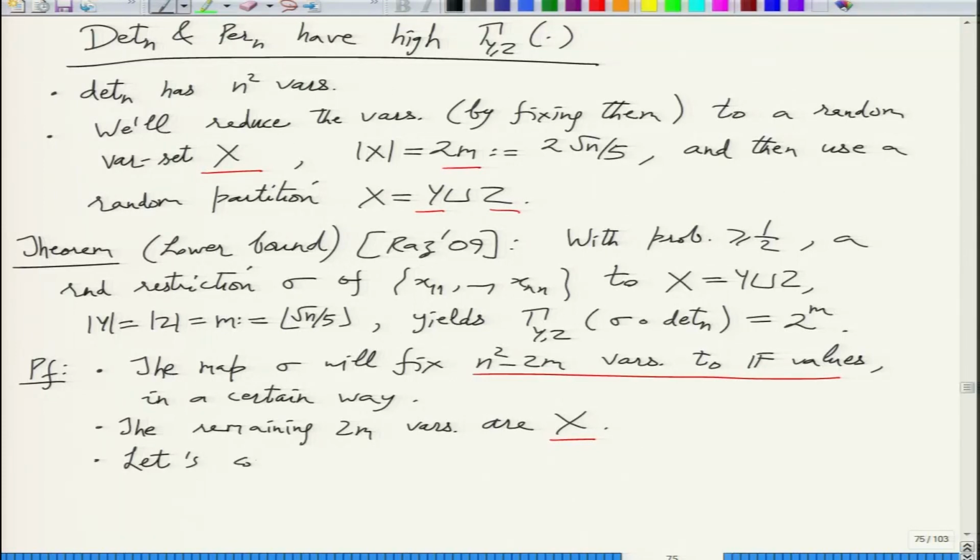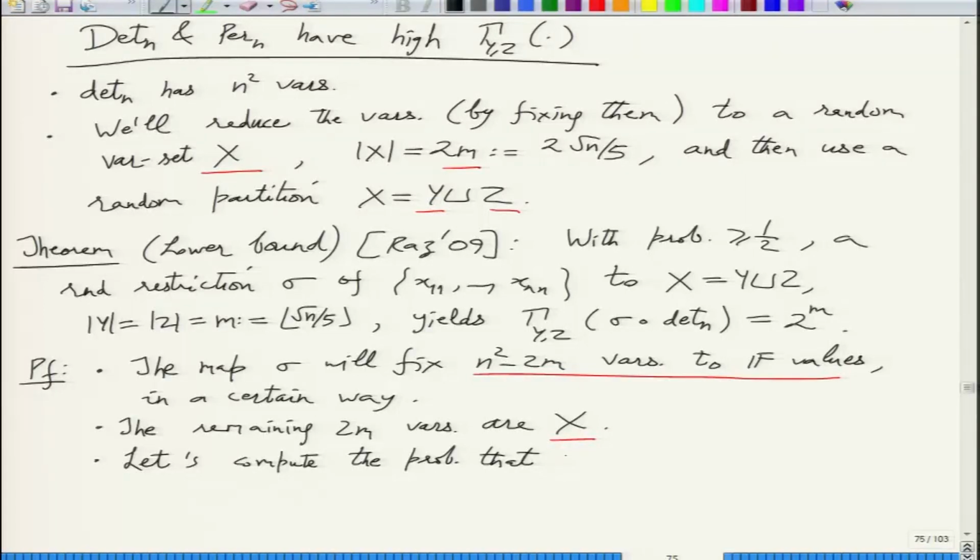So let us compute the probability that these remaining variables do not share a row or a column. If you have variables v1 and v2 in x, then we want v1 and v2 to be in different rows and in different columns. Again, the intuition is to get somewhat of a diagonal block structure.